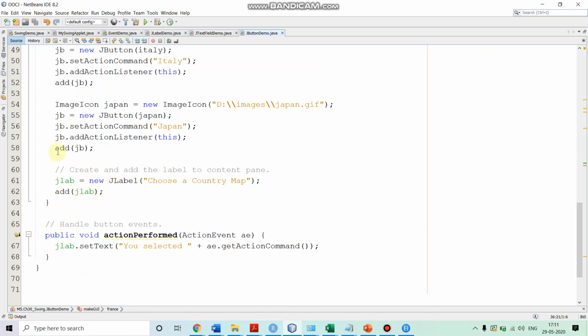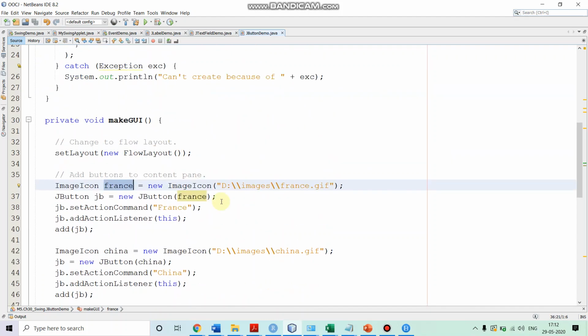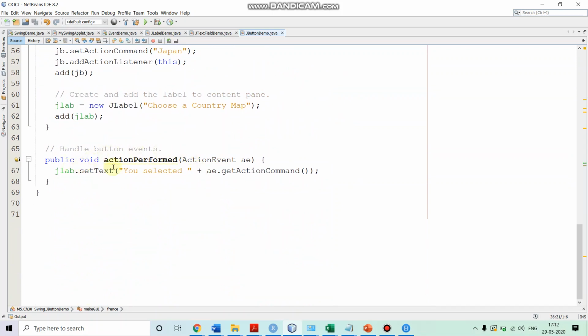Then we create a label over here, and on that label initially we are displaying the message "Choose a country map". After that we are adding the label also to the content pane of the applet. Since we are providing the action listener, it implements the actionPerformed method, and when a button is pushed, we want to display on the label "You selected" followed by the action command related to that button.